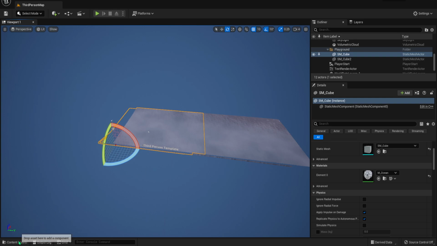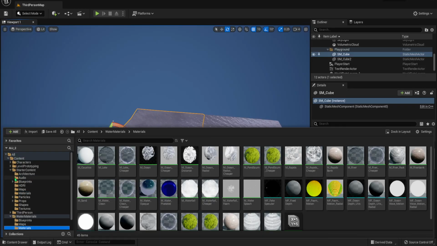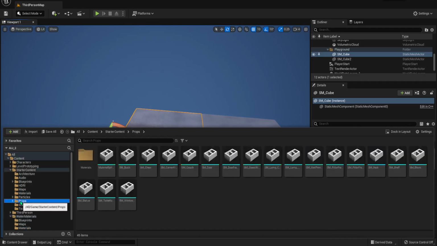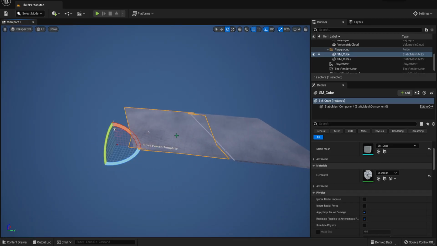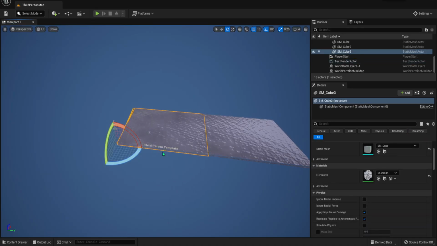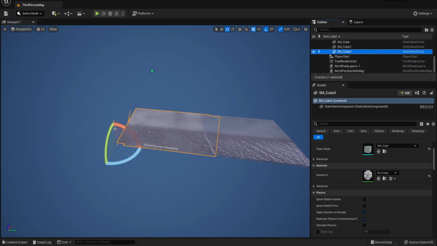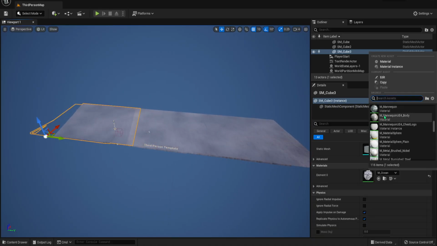Before we even get to that stuff, let's remove that real quick. I should have looked at what the default thing was called.